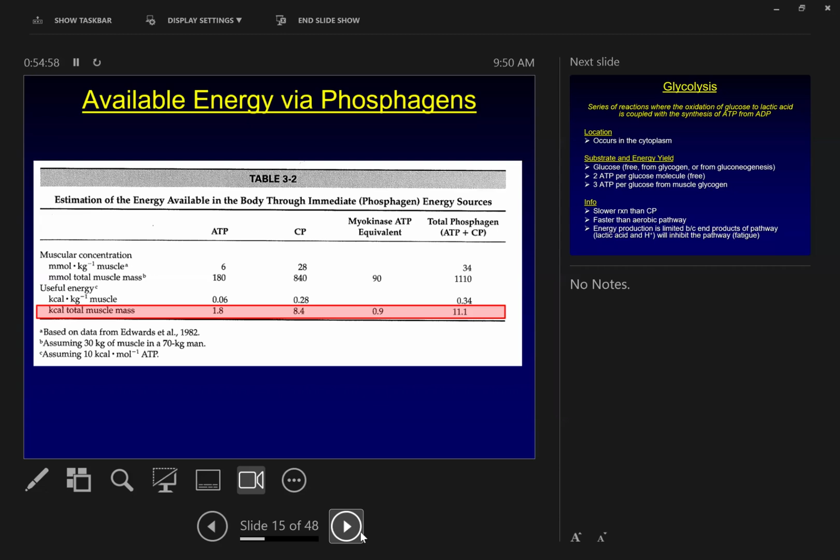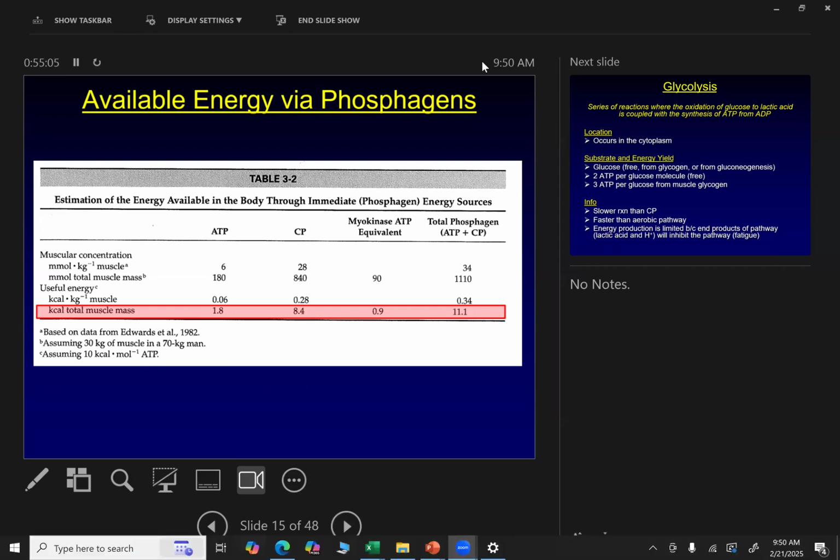So, I'm working on getting this finished up. The first page is over creatine phosphate, and this is the diagram. You have it on your slides, but it helped me a lot to understand the reaction of it all. I got questions